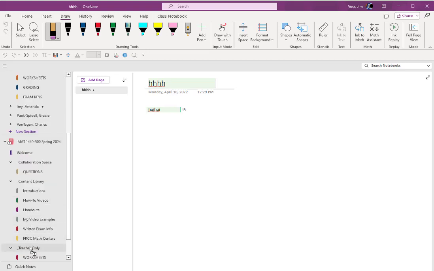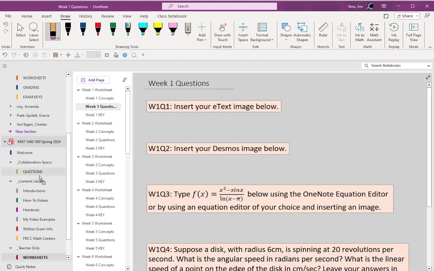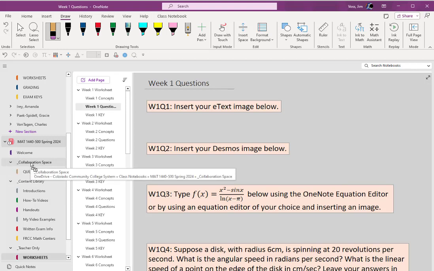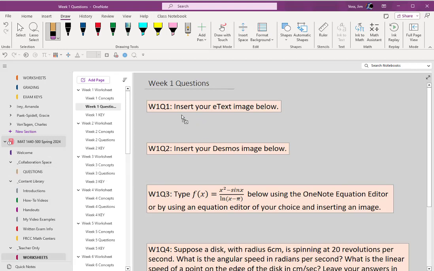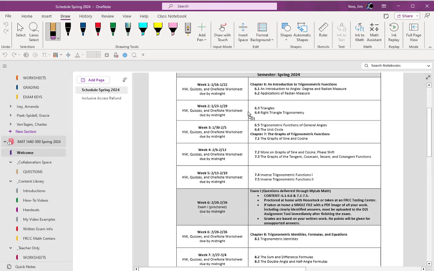So as you see your name and you click on your worksheets folder, you will see this worksheet. You'll see this and this. I'll distribute those first. And then once you turn those in, those are, if you look at our schedule, so